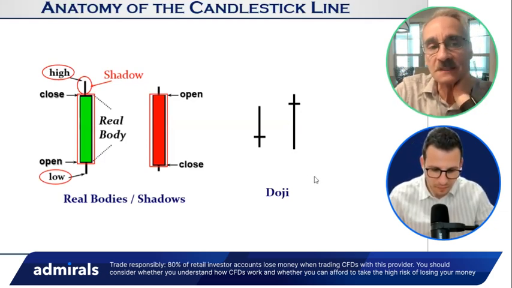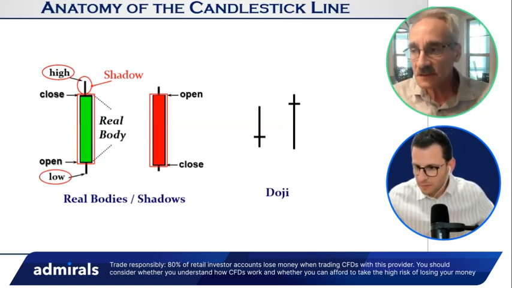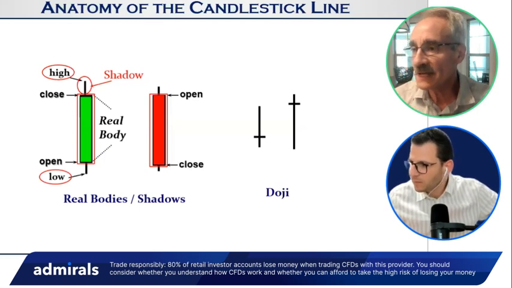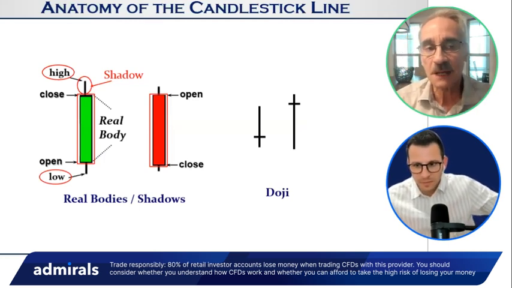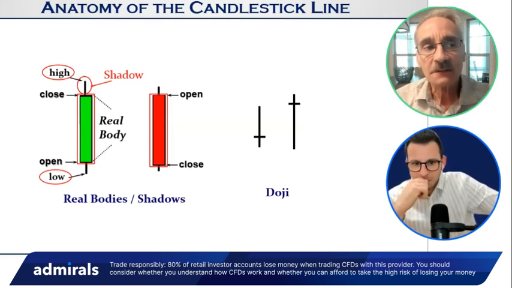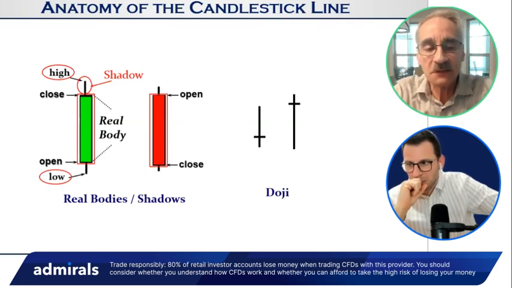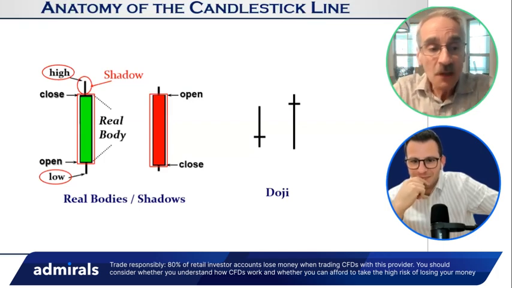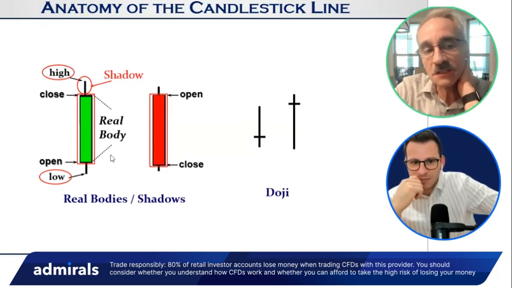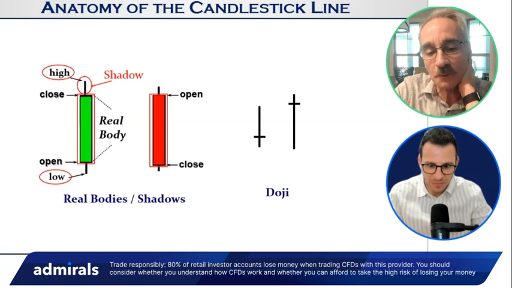And the reason the Japanese, they used to use bar charts, for my research I had about 14 books translated from Japanese to English. And they used to use bar charts up until about 1900 or 1910. And then they switched over to candlestick charts. And the reason for that is, although it's the same data as a bar chart, you get so much more visual information about who's winning the battle between the bulls and the bears.